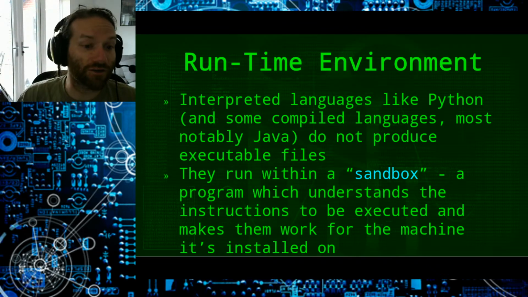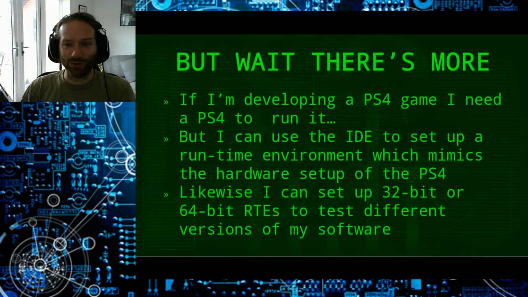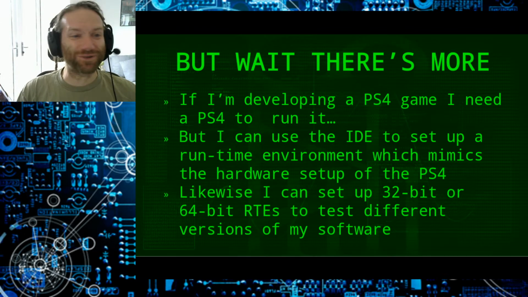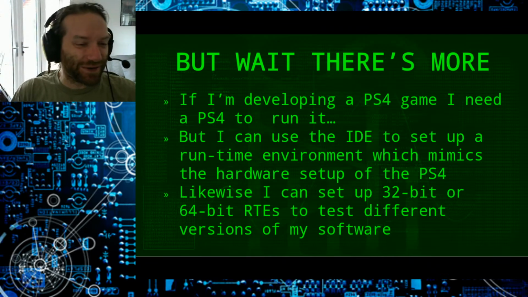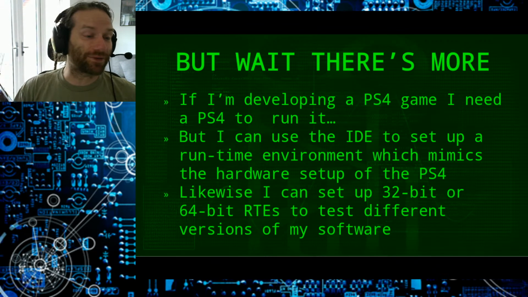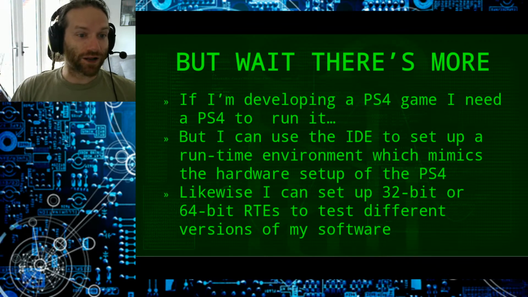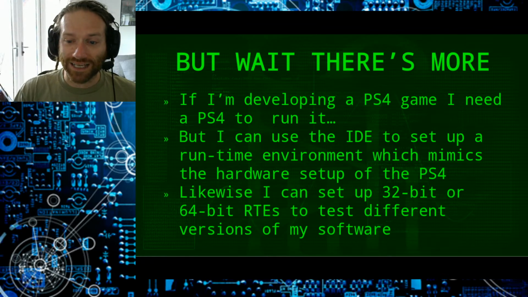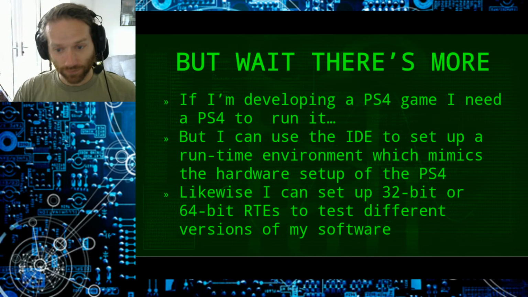Oh, I've got another slide. Here we are. Wait, there's more. Oh, look! It's the exact example that I used before. Who knew I'd use that example again? If I'm developing a PS4 game, I need a PS4 to run it. But I can use the IDE to set up a runtime environment which mimics the hardware setup of the PS4. Okay? So, as another example,